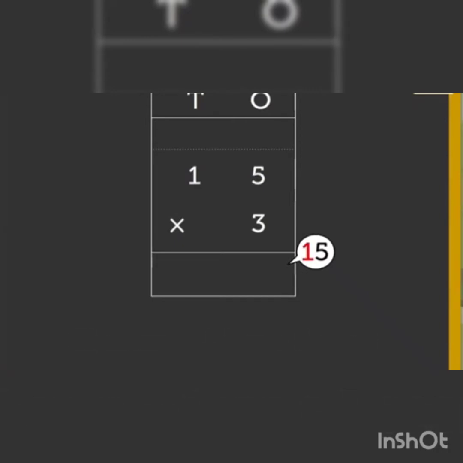Then carry 1 ten to the tens column. We get 5 at the ones column and we carry our 1 ten to the tens column.